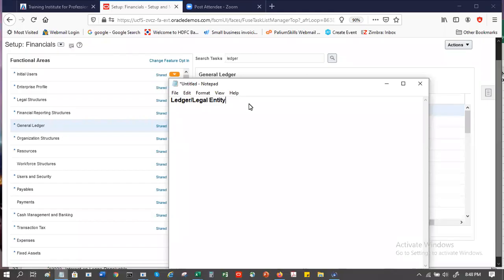Ledger, legal entity, and business units. This is done. Before that, we have to load our chart of accounts.